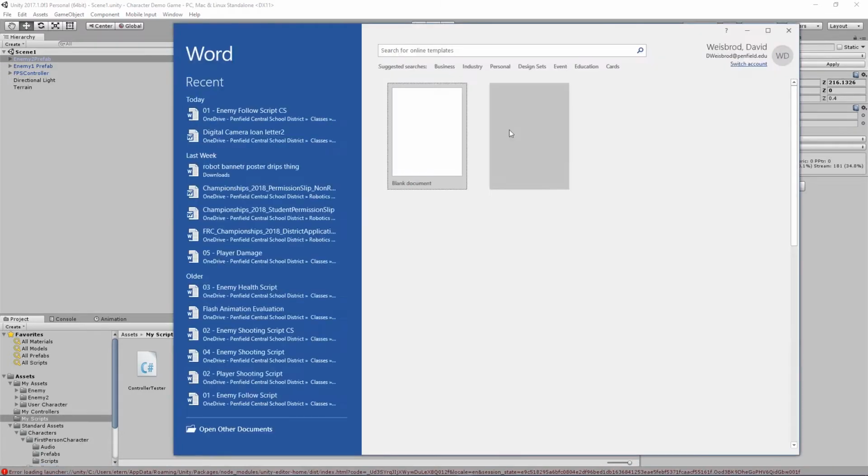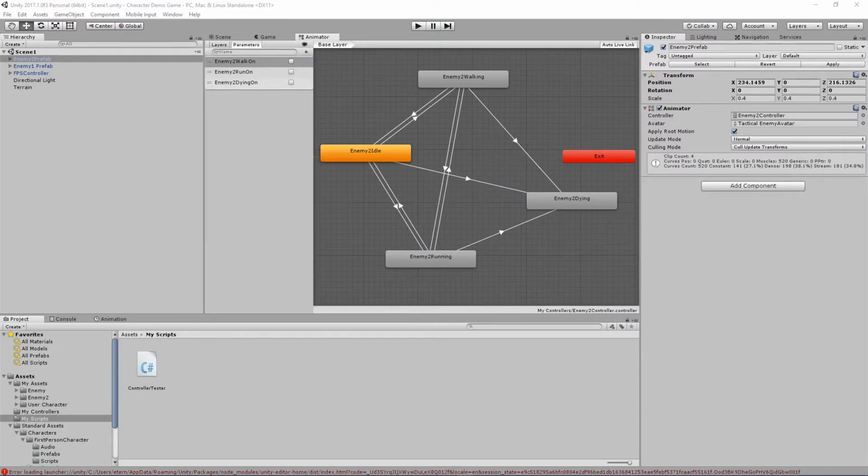I have my little cheat sheet here on Word. So, excuse me. So anyway, okay, so now,